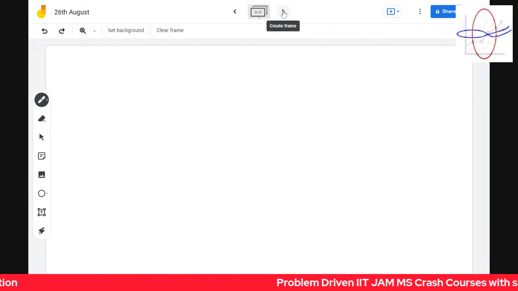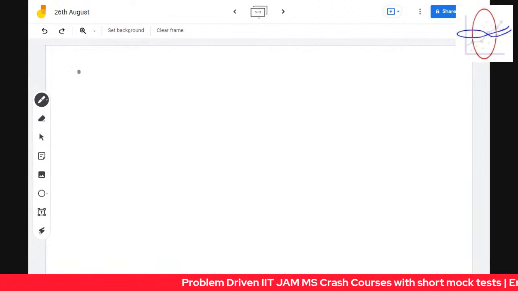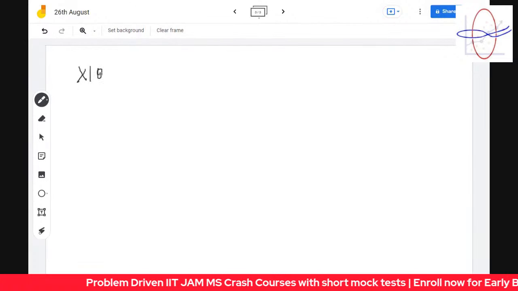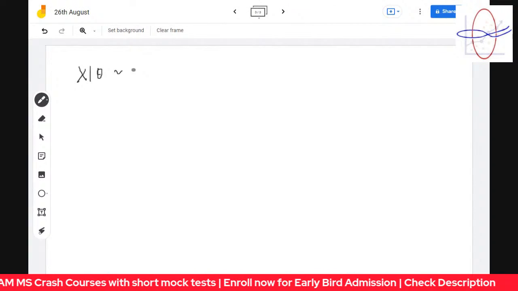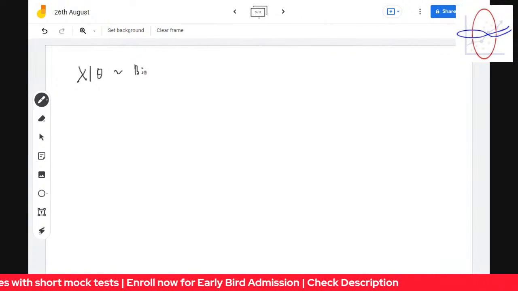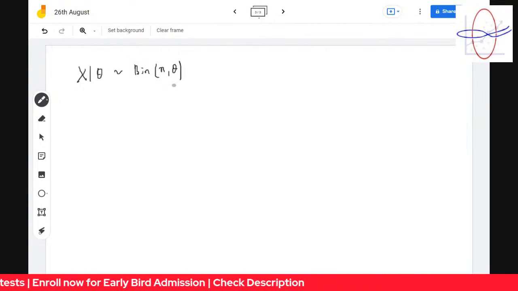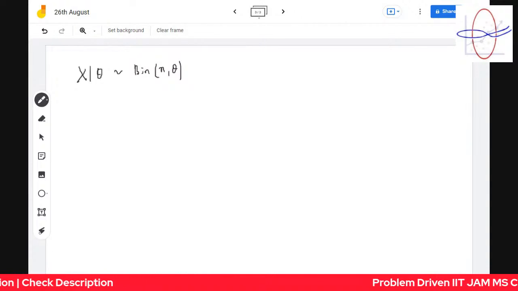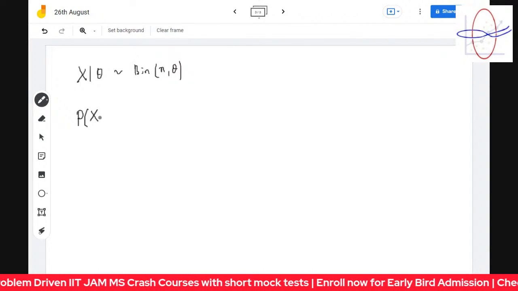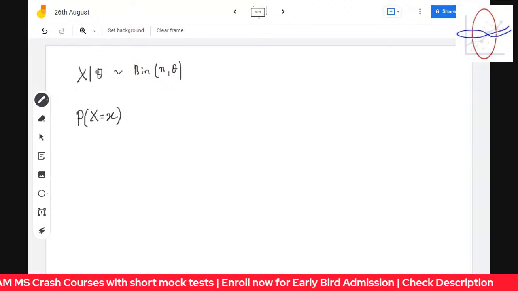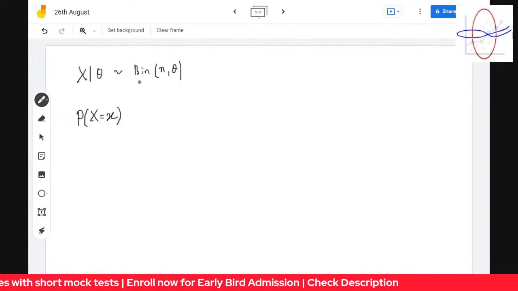So let me write it down. So I was solving it myself. So it's given that x given theta follows binomial n comma theta. Okay, and this theta parameter in itself is a random variable. So we need to find the marginal distribution of x. That means we need to find probability x is equal to x. And you can understand x is a discrete variable. Only the parameter is a